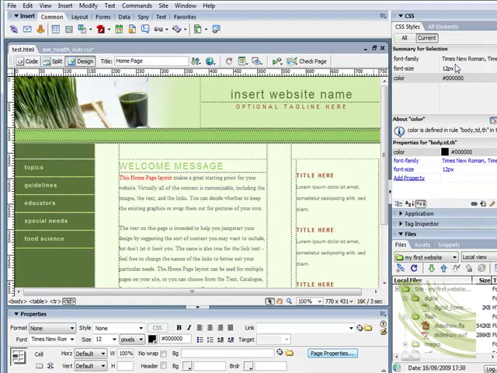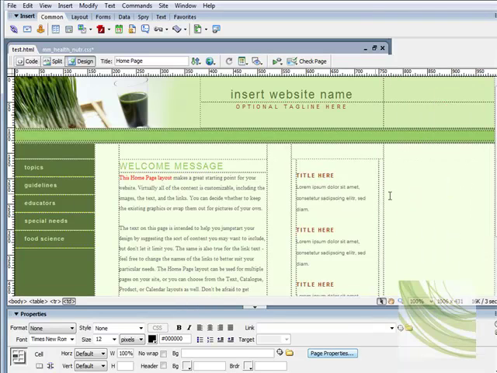And you can see that's been taken place. And what I've got at the bottom, I've got the properties for that specific style sheet. So I've got the color, I've got the font, and I've got the actual size itself. Now that's quite handy, because what we can do is if we jump quickly to our code view, I'm just going to minimize this,